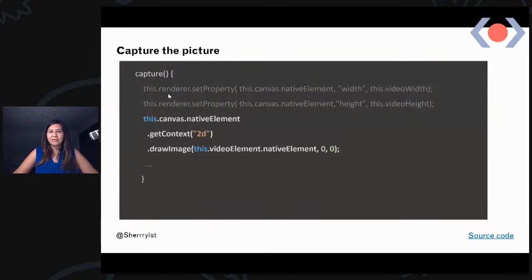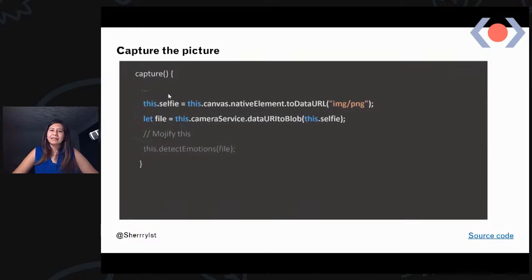After that, we had the camera, we snapped it, and then we drew the picture. What we need to do now is send this picture. We need to translate it to a file and then send it to the cognitive services. To do that was actually also pretty simple, because there is already an element here that creates it from your canvas.